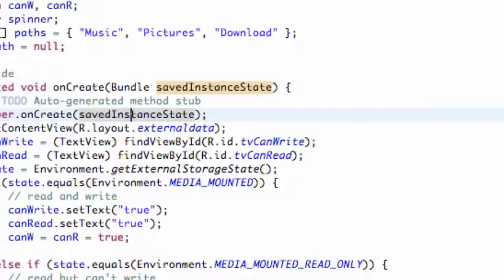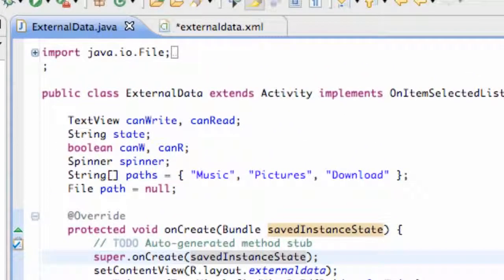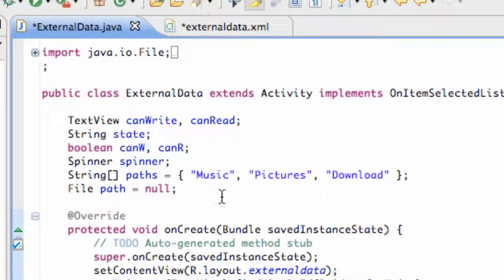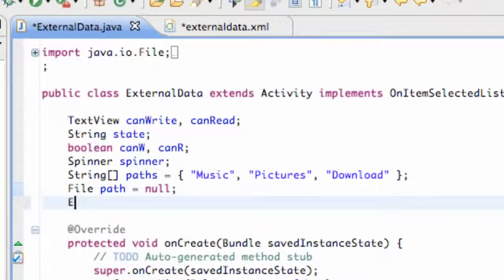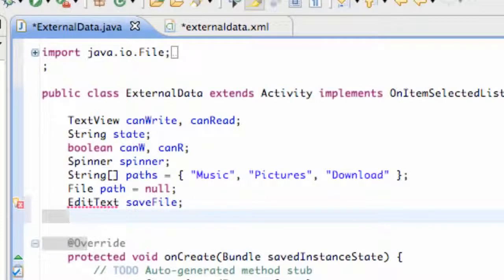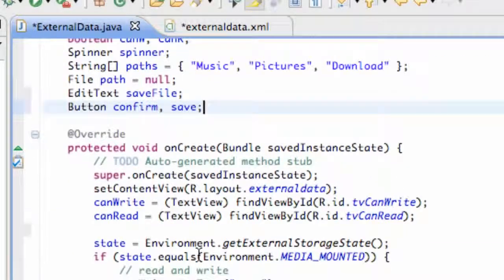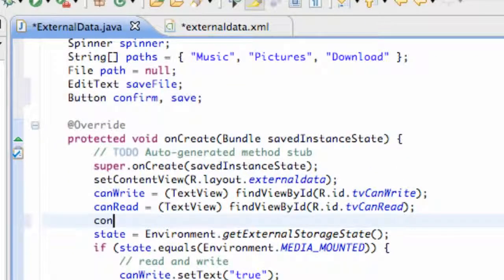Now let's go over to our external data Java file and set up some of those references. Let's make everything accessible for the whole class. We have our edit text, the save file, and two buttons, confirm and save. Just import both of those, and let's set up our references now. Our confirm